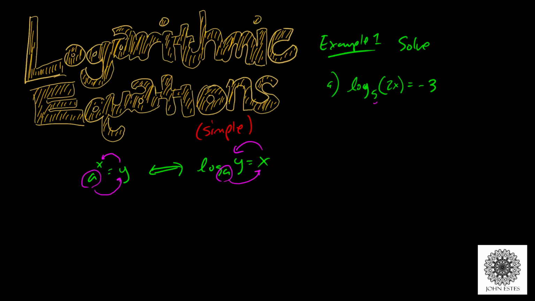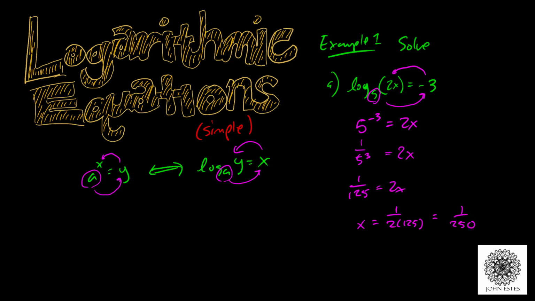We're going to take our base raised to the negative 3 power equals this. So we end up with 5 to the negative 3 power equals 2x, which is actually a linear equation. So all the algebra we learned before exponential equations and logarithmic equations applies. Now I think 5 to the negative 3 power is the same as 1 over 5 cubed equals 2x. All right, and 5 cubed is 125, right? That's 5 times 5 times 5. And so then I get a value for x to be 1 over 2 times 125, which would be 1 over